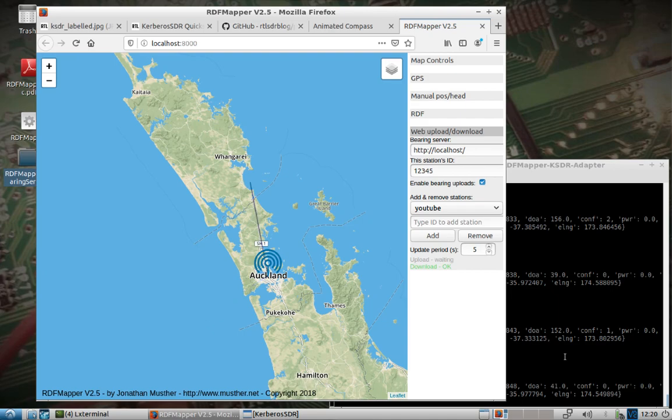Where I see benefit in that is, especially if you get more than one direction finding sensor, you have them all networked, and now you're all displaying these lines of bearing at a signal in real time. It's going to really help you do some direction finding. Okay, that's all I have